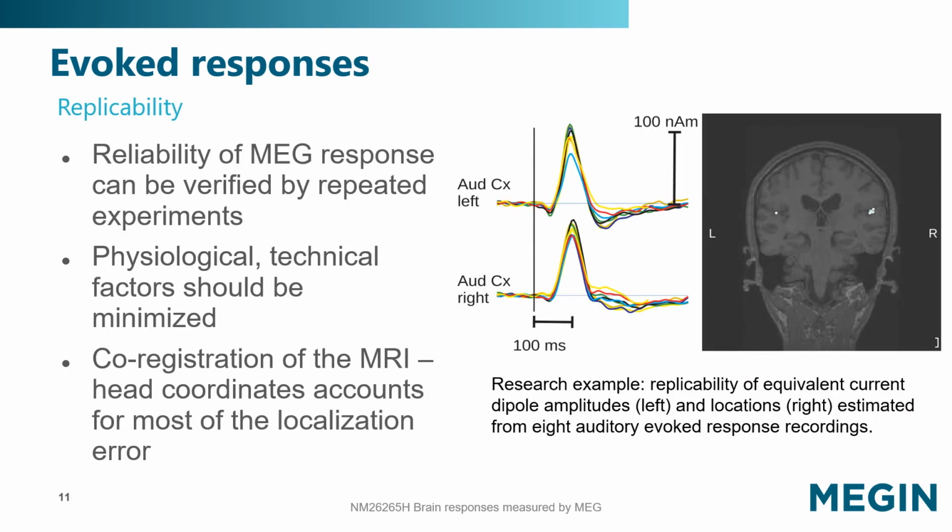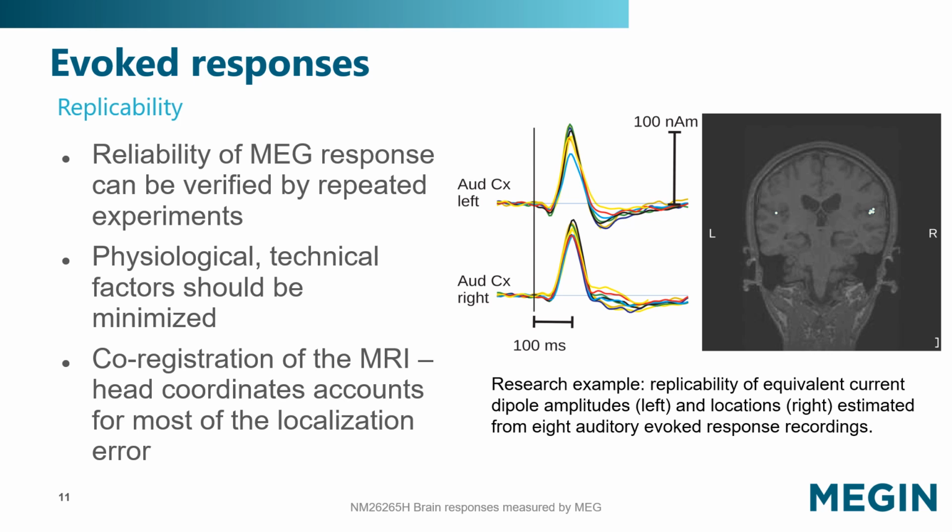The reliability of MEG responses can be verified by repeating the experiment and comparing the results. Physiological factors, technical aspects, inaccurate co-registration of the MEG and MRI coordinate systems, and uncompensated head movements can result in displacement of the source on the MRI anatomy. When the underlying neural sources are strong and exhibit simple field patterns, they are easy to model. In those cases, co-registration procedures are responsible for most of the localization errors. When the experiments are performed carefully, repeatability of localizing such sources can be quite good, in the range of a few millimeters.